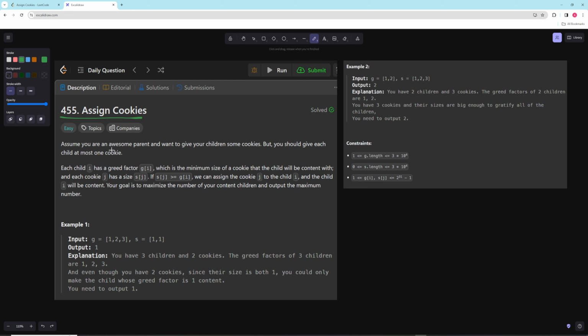And in the problem, you are a parent and you want to give your child some cookies, and you need to give each child at most one cookie. Each child has a greed factor, which is the minimum size of the cookie that that child will eat. And the cookie has a size in here. And so you can assign a cookie from S to child G as long as the cookie satisfies what the